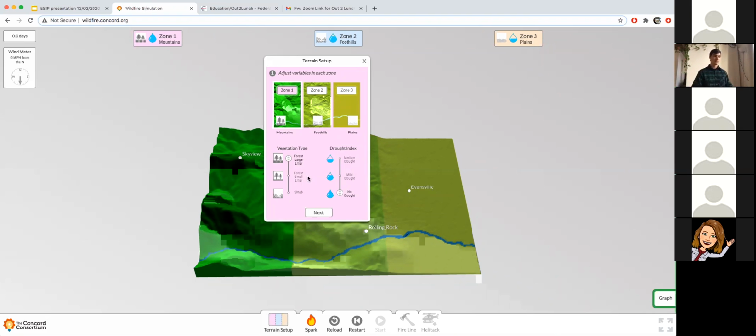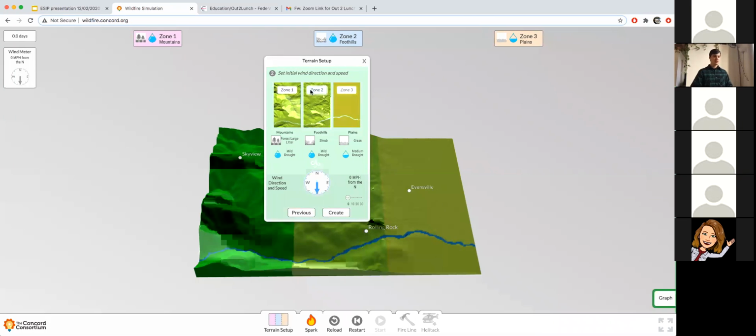on the ground. For zone 2, we can see that it's a foothill. The vegetation type is a shrub, and it's in a mild drought. Finally, zone 3 is plains, and it has grass and medium drought. I'm going to make this burn faster by decreasing the moisture content. Now, if we go to the next screen, we can see a summary of what we just set on the